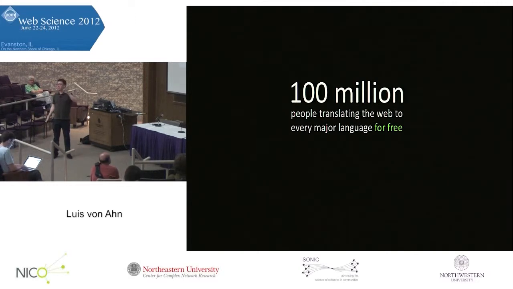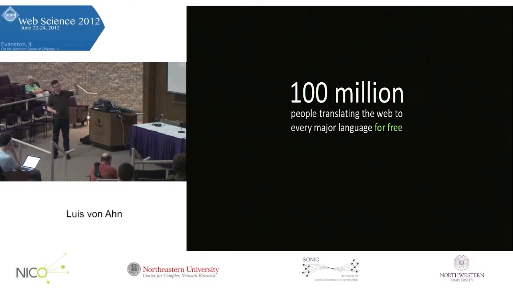The other thing is, I want to do it for free. The reason for that is because if we were to pay professional translators to translate the web, it would cost a boatload of money. For example, translating only Wikipedia, which is a tiny, tiny fraction of the web, to just one other language, Spanish. So Wikipedia exists in Spanish, but it's about 20% the size of English. Translating the other 80% into Spanish would cost between $50 and $100 million. So if we wanted to do the whole web, forget it.